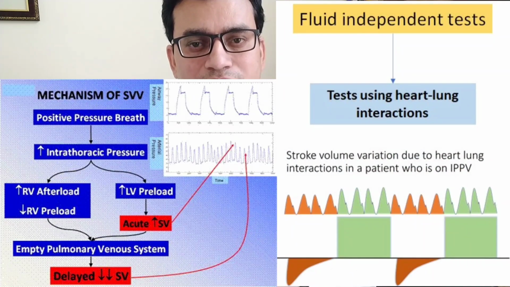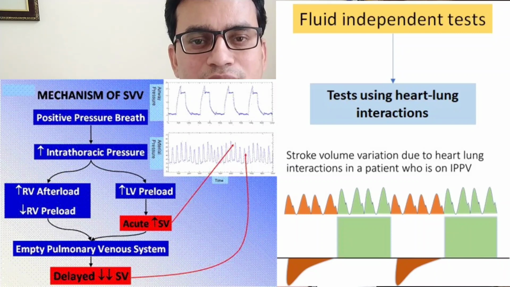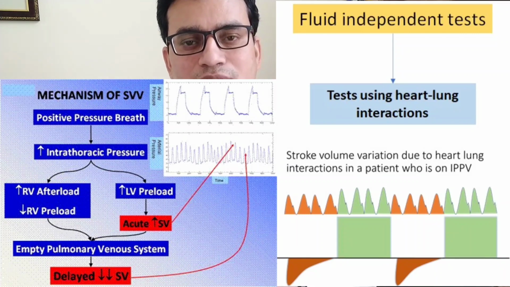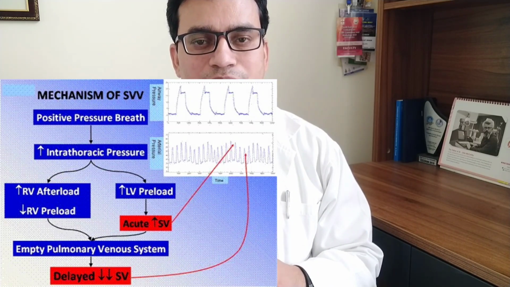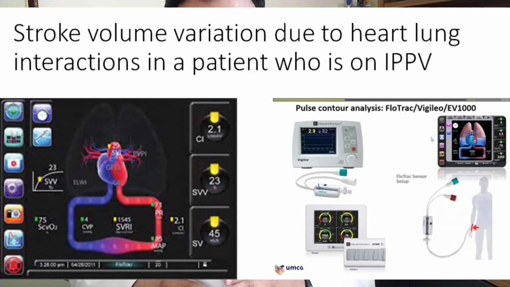These tests can be used only in case of regular mechanical ventilation with no spontaneous cycle of respiration. The stroke volume variation occurs due to intrathoracic pressure induced variation in the right atrial pressure, changing the intrathoracic blood volume over the ventilatory cycle. In brief, the idea behind is that the more the stroke volume changes during the mechanical ventilation cycle, the more likely the patient's heart is preload responsive.